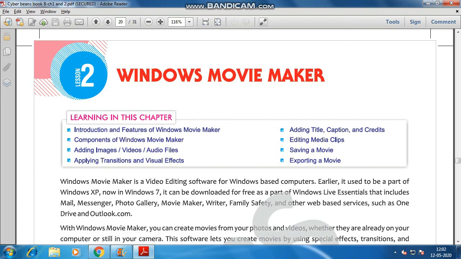This Windows Movie Maker is a video editing software which works on the Windows platform only. That means it works only on operating systems related to Windows or the Microsoft Corporation, and not on the Linux operating system or Unix operating system or any other operating systems, right? It doesn't work on Mac OS too. Apple desktops are also there, but it's not working over there.